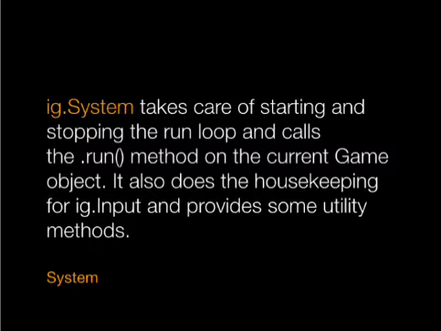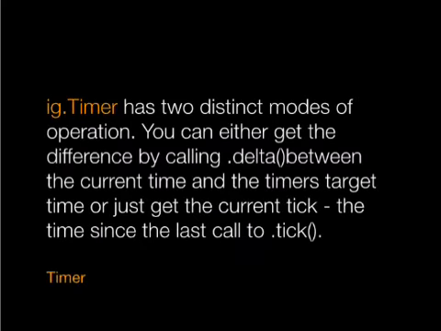And then the last class is the timer class. A big part of time-based animation versus frame-based animation is being able to keep a consistent frame rate. You want to always make sure that you have some sort of timer class that indicates the difference of time, because if a game is running at 60 frames a second on one computer and 20 frames a second on another computer, you want to make sure that you can account for that. The timer allows you to do that: you can call for the delta, which is the difference in time between the frames. You can see if your game is taking too long to execute, and you can make accommodations, like skipping a few frames.